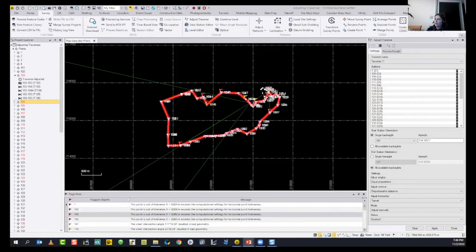All right. I decided to use separate individual data sets to perform the network and traverse adjustment, but depending on your data, you can just combine all of your data sets under one project and apply literally everything. You can get your baselines, you can process your baselines, you can get your level and total station data, you can merge your levels, adjust traverse, and then you can also bring your GPS data and apply